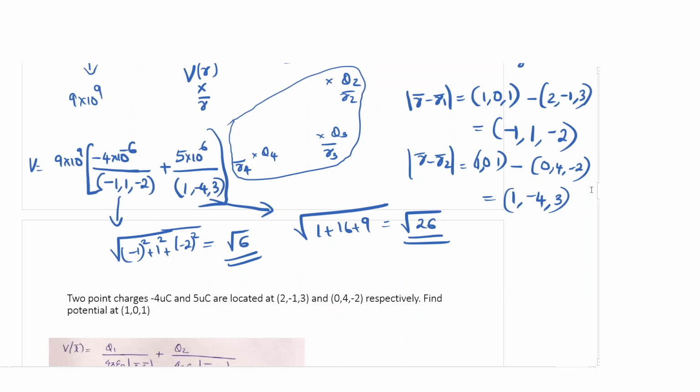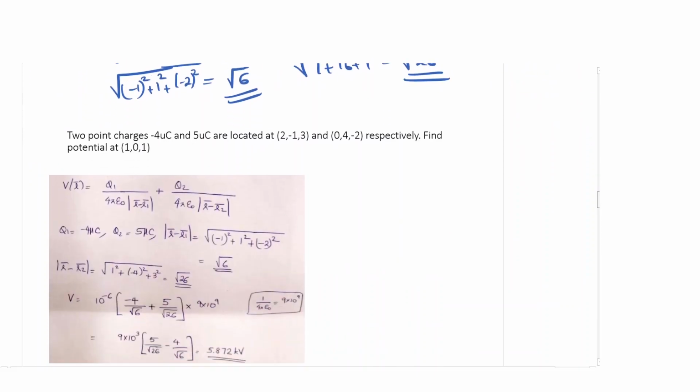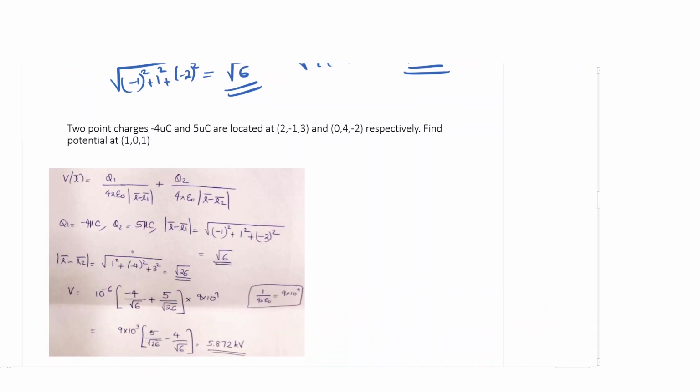Okay. So electric field is comparatively simple because you are dealing with scalar quantity. So 9 into 10 raised to 9, that is the value of 1 by 4 pi epsilon 0, you are directly substituting and you will be getting the answer. Unit is very important. In case of potential, it will be volt or kilovolt. Here, if you are getting some value into 10 raised to 3 volt or this value in kilovolt. So unit is very important.